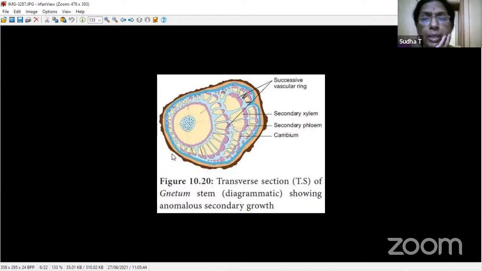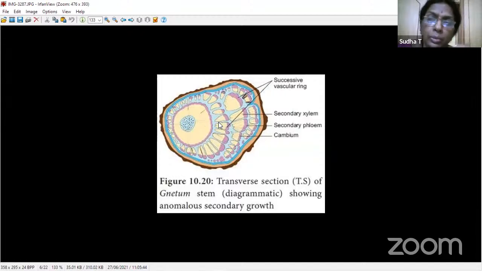This is also a liana. Normally we observe concentric rings, is it not? Just a circular form of rings one after the other we see in the normal secondary growth. But here the abnormal behavior, here behavior means nothing different, but here the growth happens one side very less and the other side very high. So that makes the